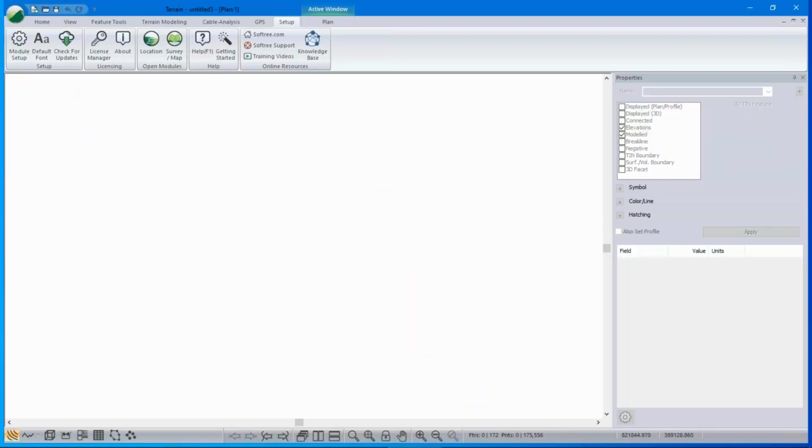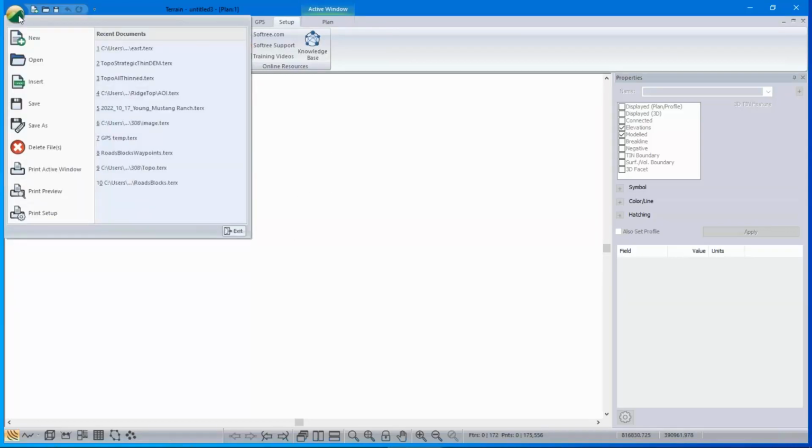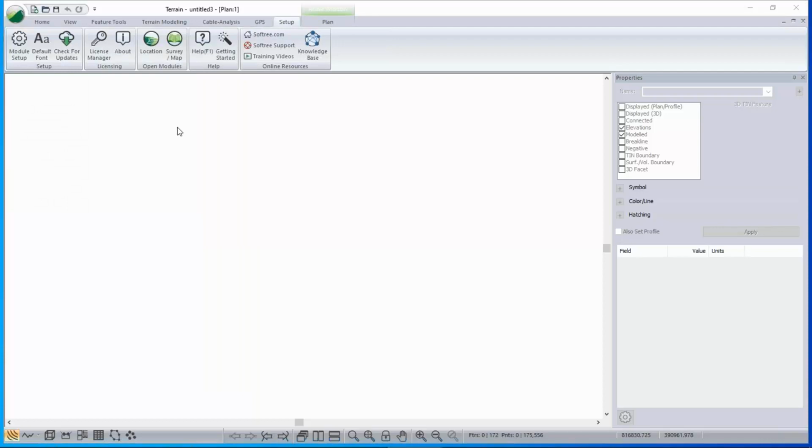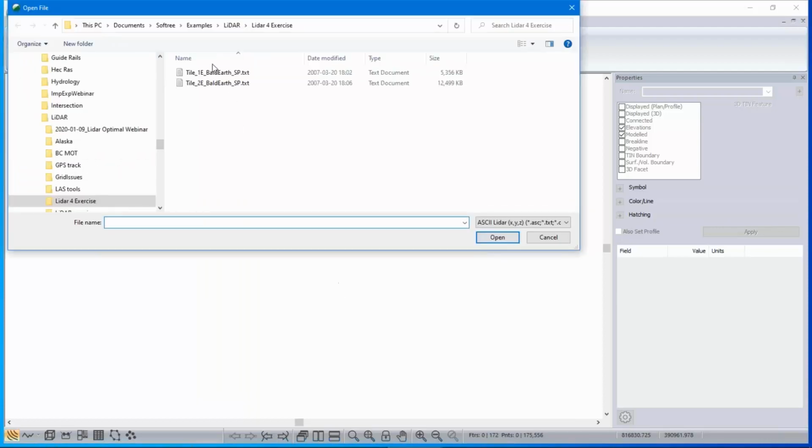Okay, so now let's get on to data preview. What if we have a really large amount of data and we're not really sure where it is or what we're going to do with it? We just want to take a look at it. So I've got a good example of that here. I've got on my computer